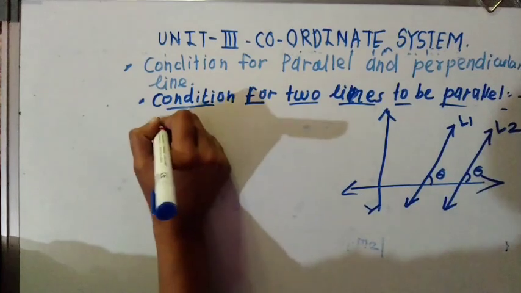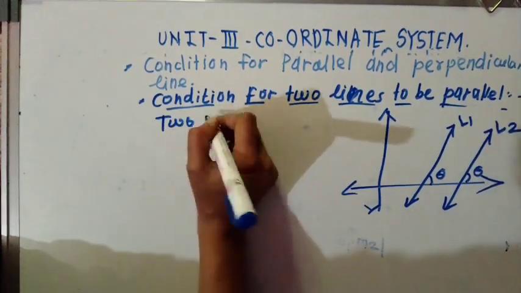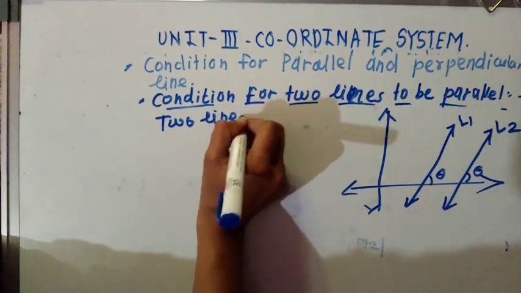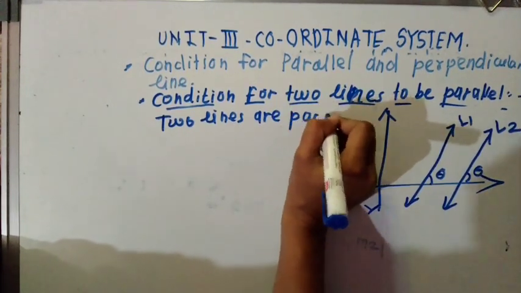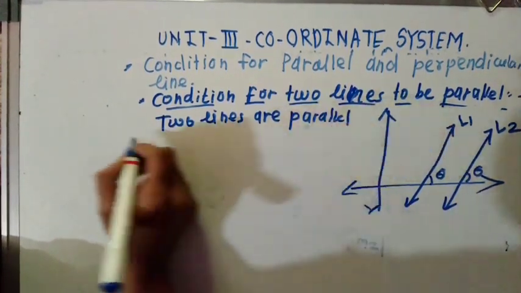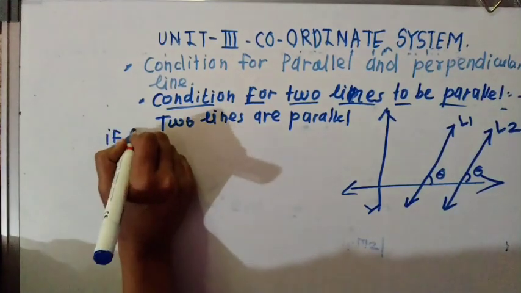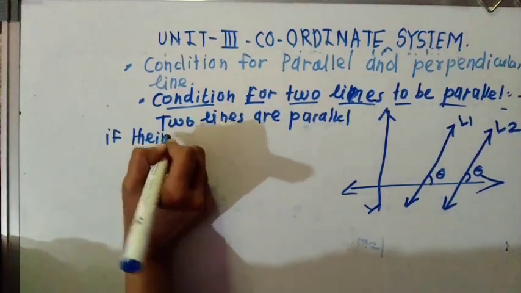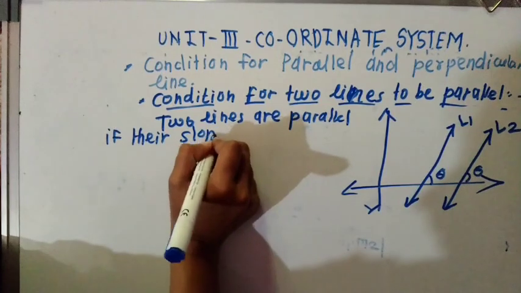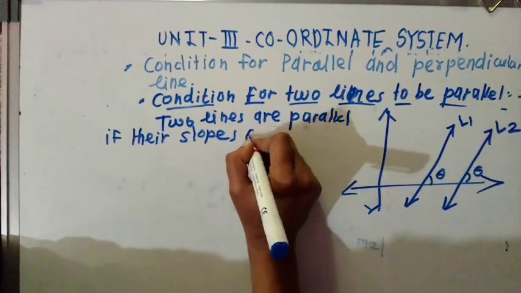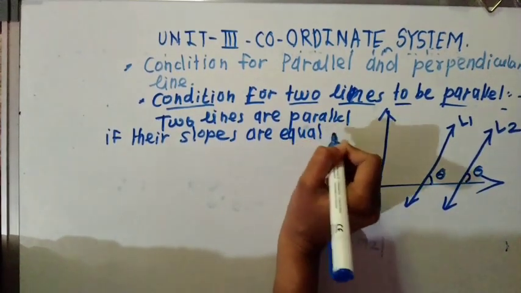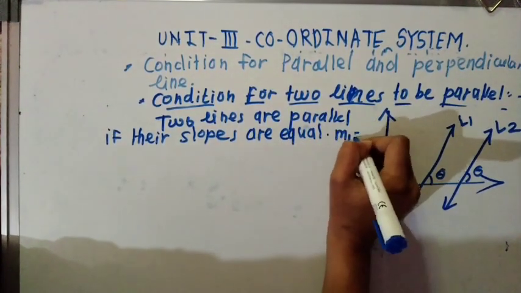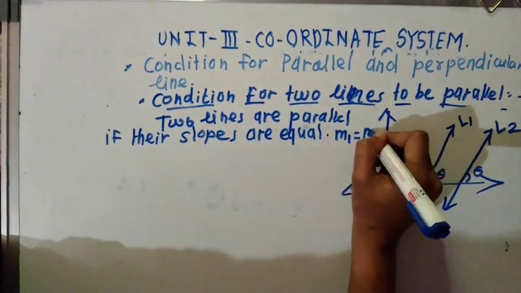Two lines are parallel if their slopes are equal. Slopes are equal means m1 is equal to m2,